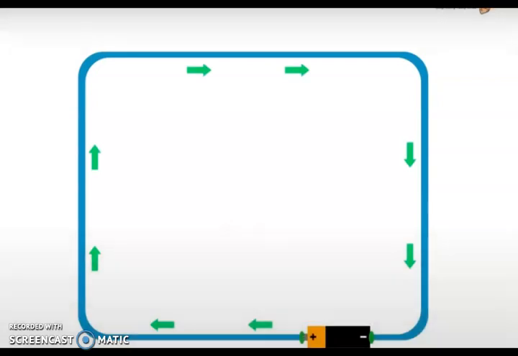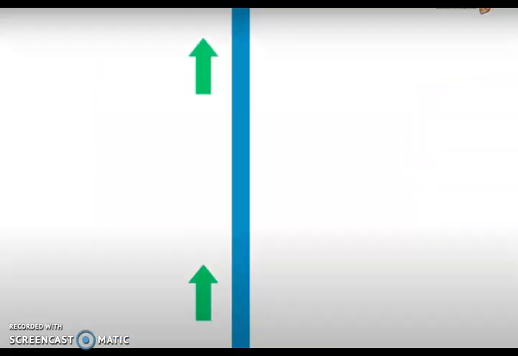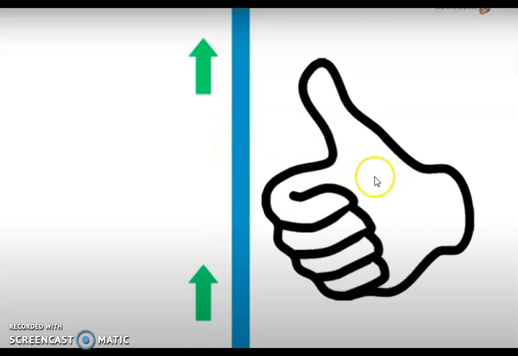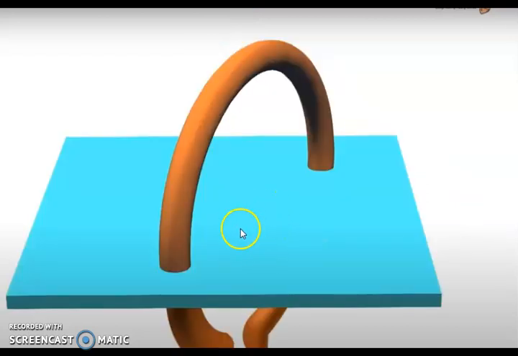This is the positive terminal of the battery and this is the negative terminal, and the current is flowing in this direction. Since the current is flowing in this direction, the thumb will be pointing upwards, and when we give the curl to the fingers, in the case of a loop as well, we can easily calculate the direction of magnetic field lines in this loop. Now you can clearly see the direction of magnetic field lines since the current is flowing in this direction.